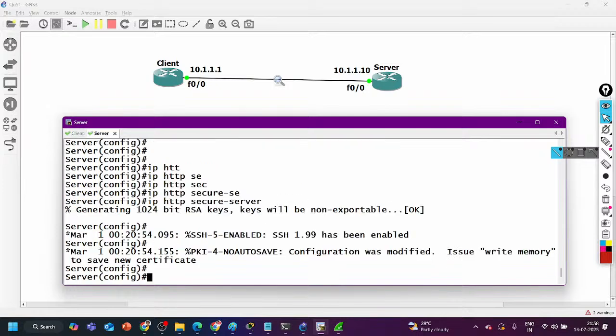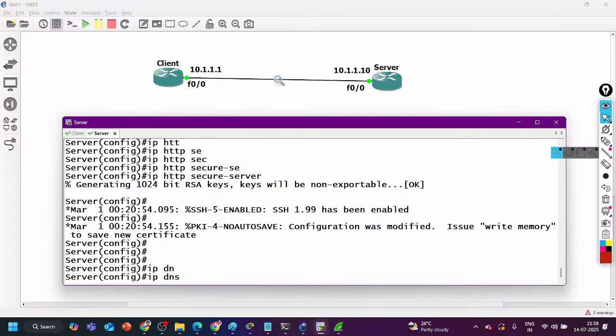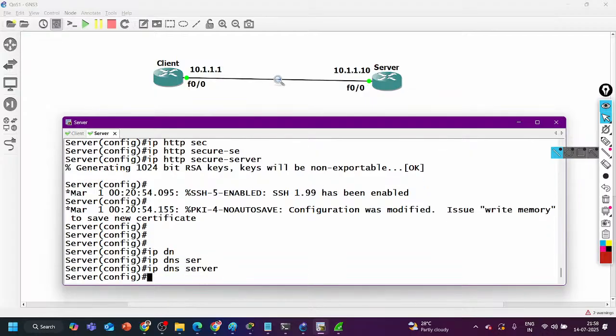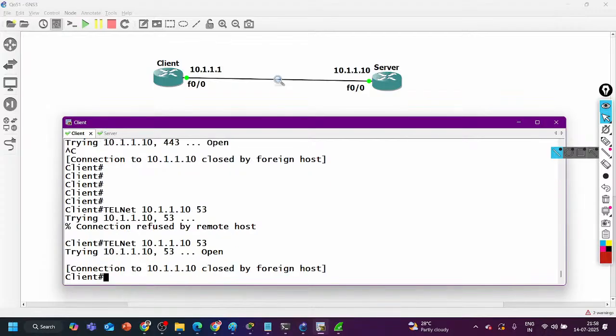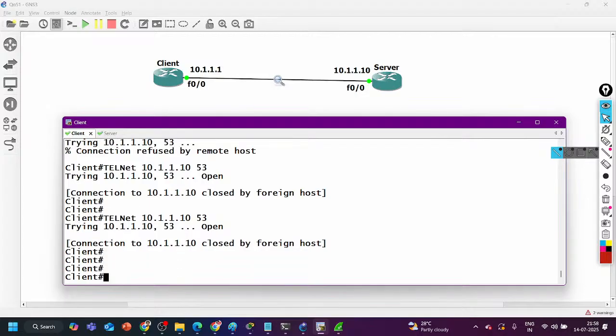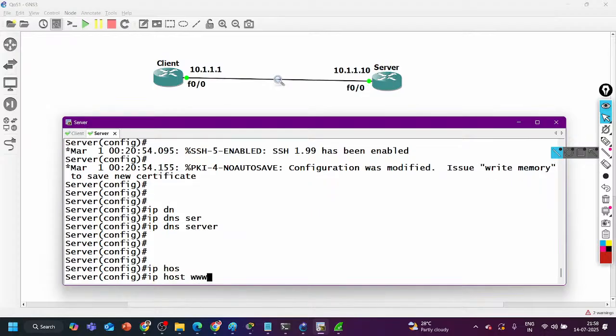If I want to open port number 53, I use ip dns server, and now I am going to test. Port number 53, how to enable? ip host www.pmnet.com